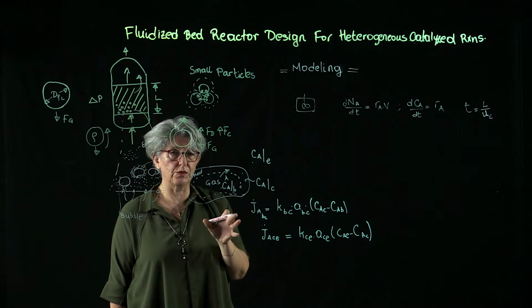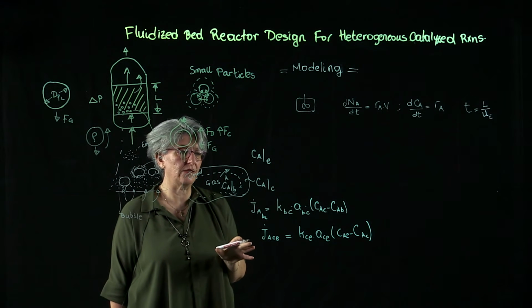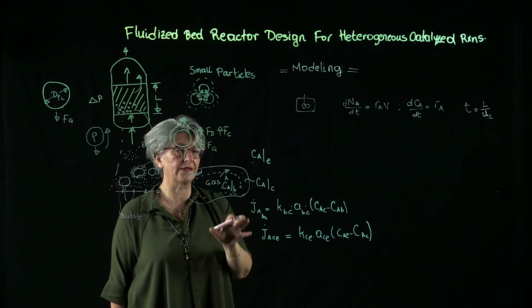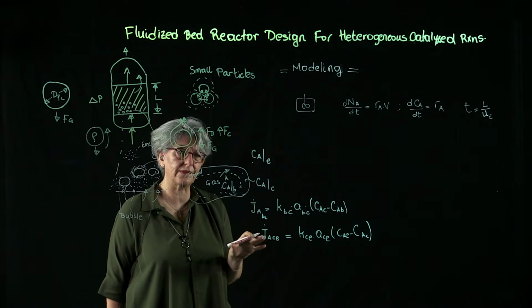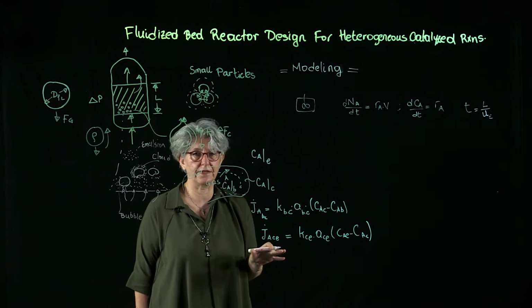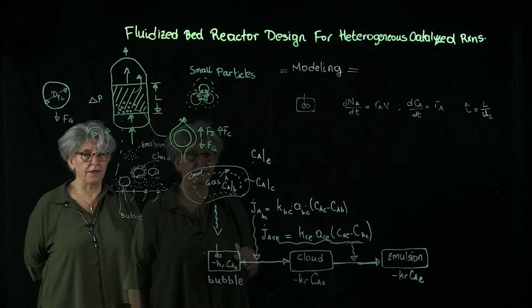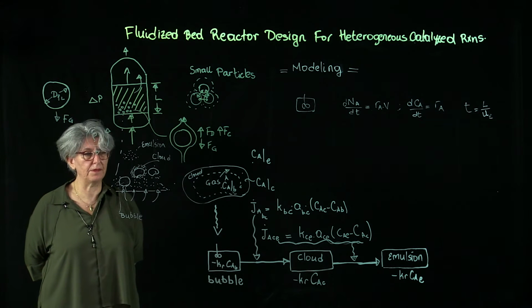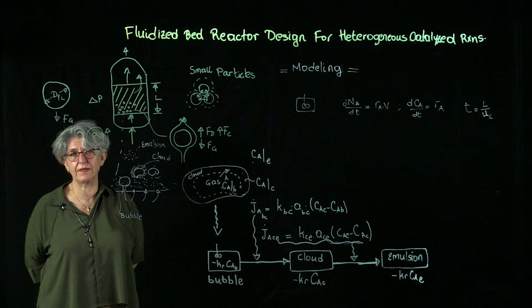So we are going to write our balance equations given these fluxes and given everything is operating under close to steady state conditions. So now in the simplified block diagram, we are representing bubble, cloud, and emulsion as different domains, different phases in the reactor,